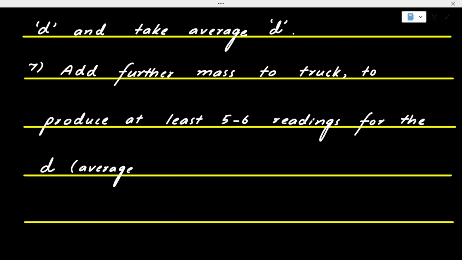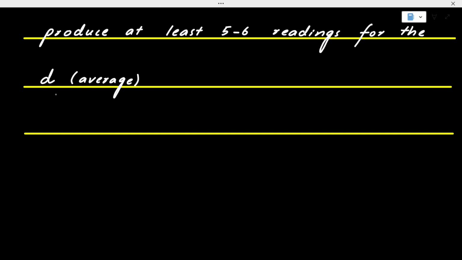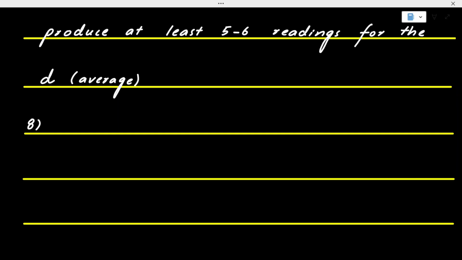So what we're doing is we change the mass, we add some more mass, take 3 readings of distance, find the average. Then we add another mass, 200 grams, take 3 readings, find the average. We add another mass, 300 grams, take 3 readings, find the average. Number 8. Okay, so the next thing is, once you have done all the readings,